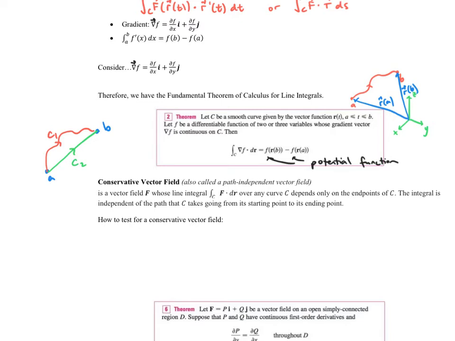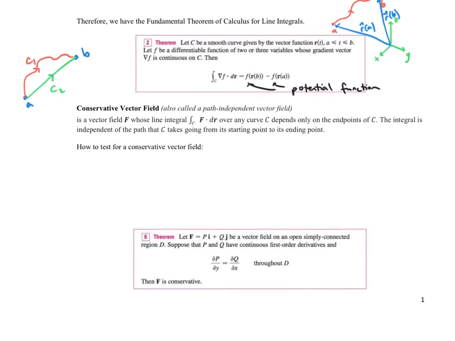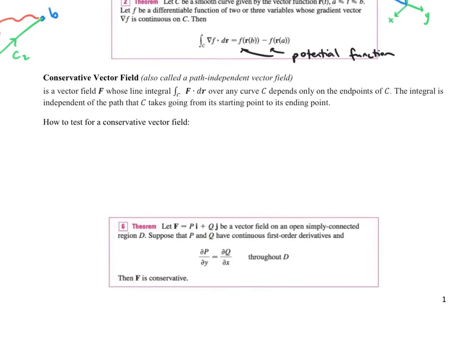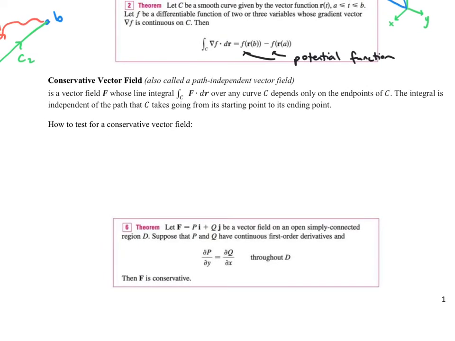How do we test whether a field is conservative? Well, this is a relatively simple test. Basically, we're going to assume that f is conservative. So let's say that we assume this. So if the vector f is conservative,